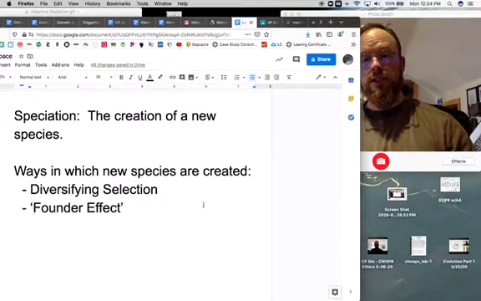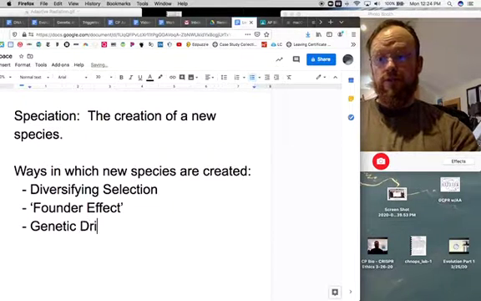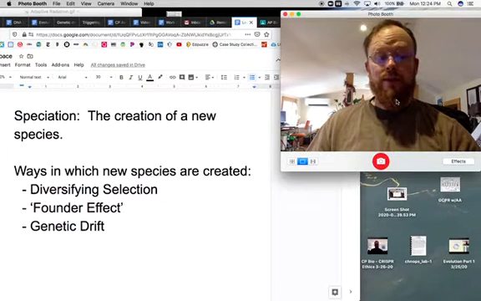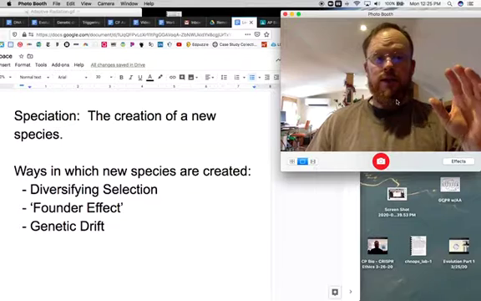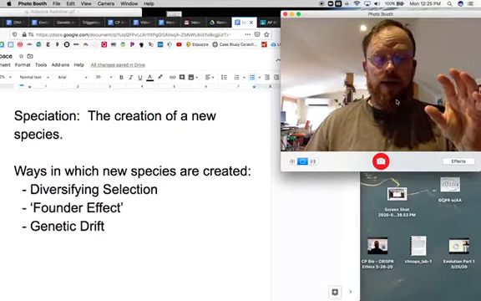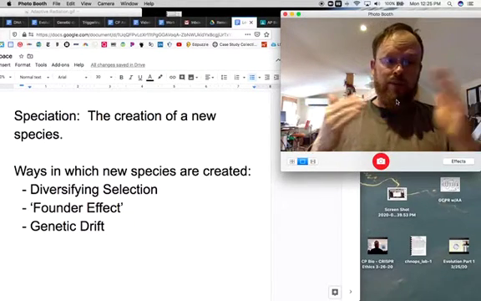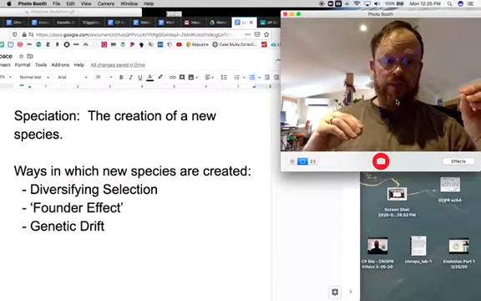What's another way that species are created? We have genetic drift. Okay, and that just means that over time, randomly, the allele frequency, the distribution of alleles in the population changes. Okay, that just happens. It's just a thing that happens. Mutations, randomness, you end up with a higher proportion of a particular allele than you had 10 generations ago, and your population has changed, and eventually that could emerge into an entirely new species if that drifts